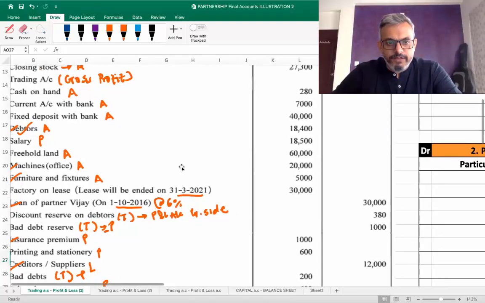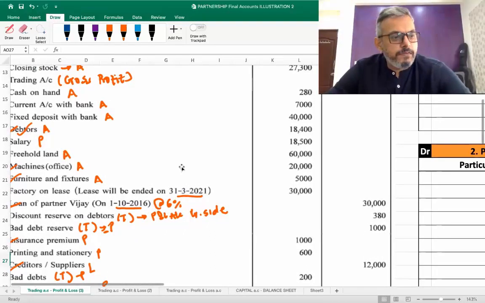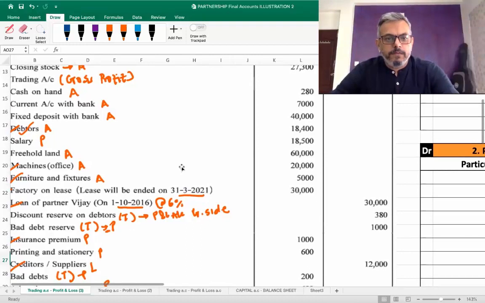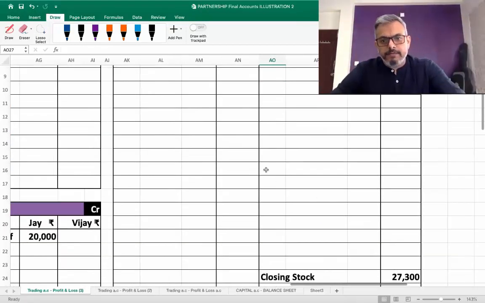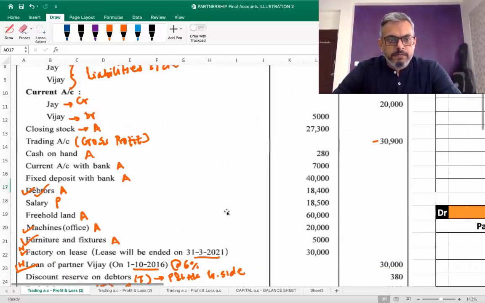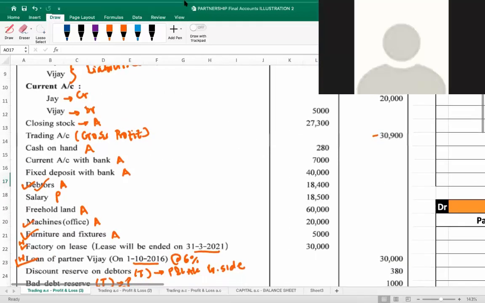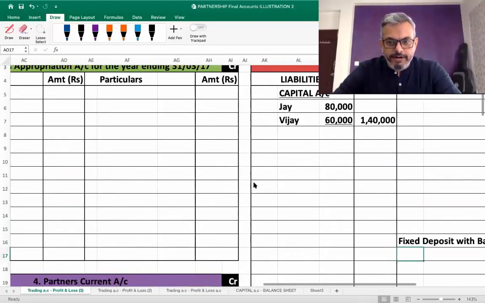Fixed deposit with bank 40,000, balance sheet asset. Okay. Next, debtors. Now 18,400 debtors,